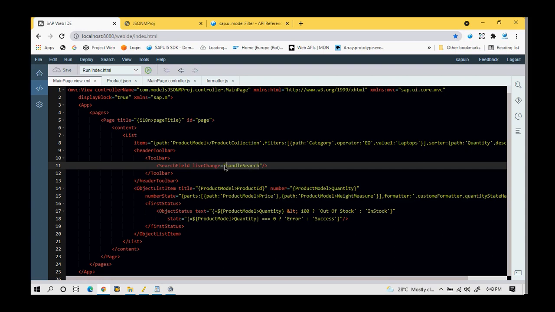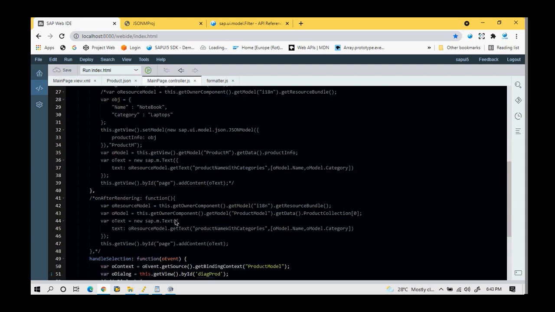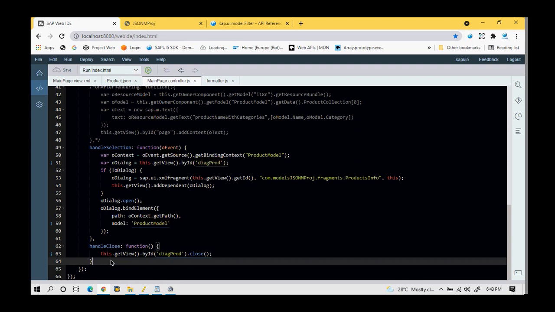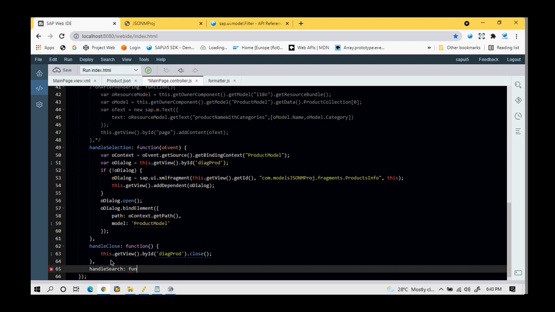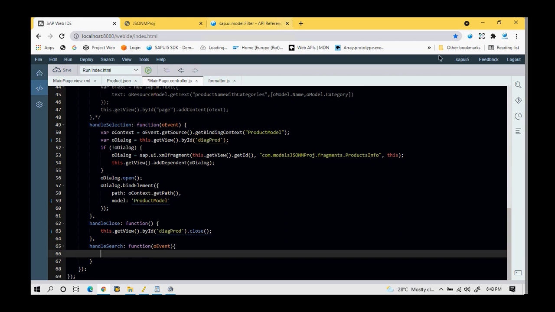Okay, so now I'll declare the search handler, handleSearch, inside the controller file. I'll go down and declare this handleSearch. I'll write function, pass oEvent, and then the method. First I'll get the data as well, so I'll write oEvent.getSource. getSource means the actual search field control, and then the getValue method gets the value